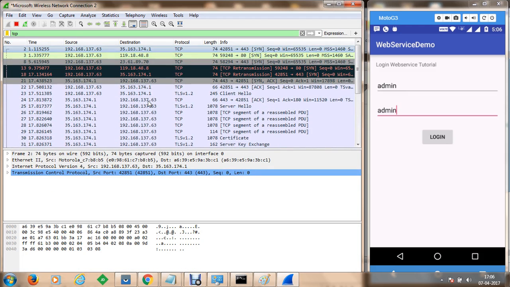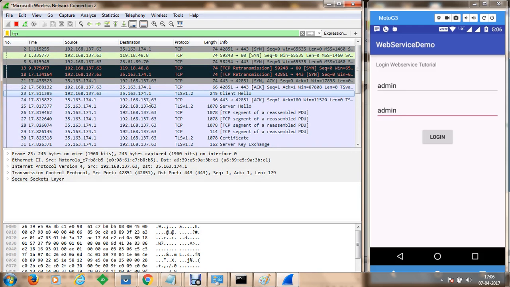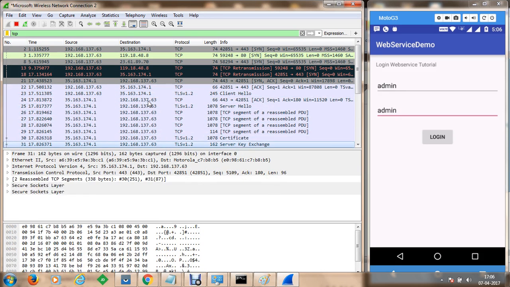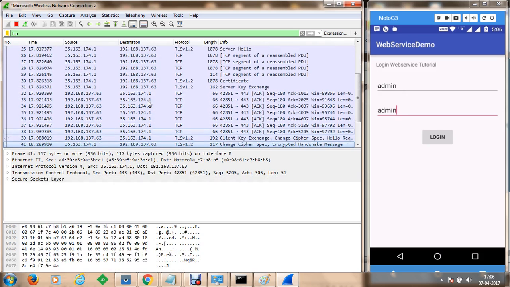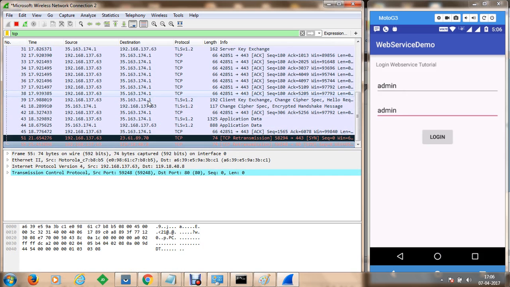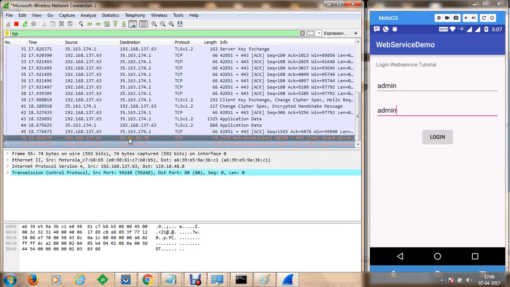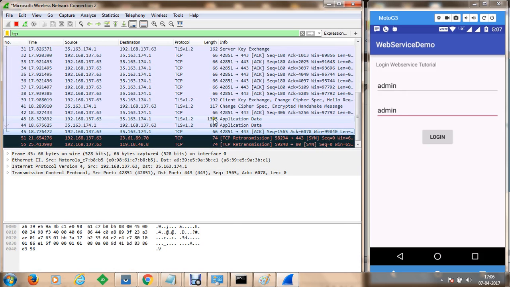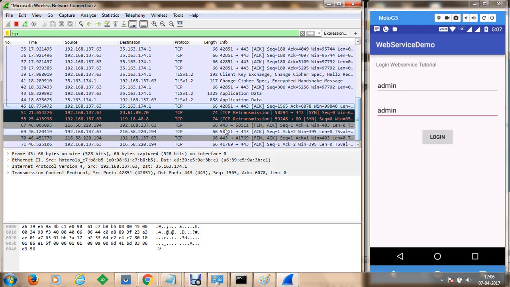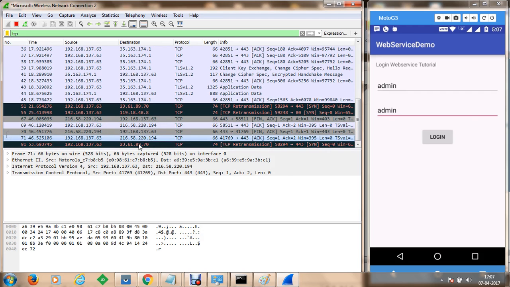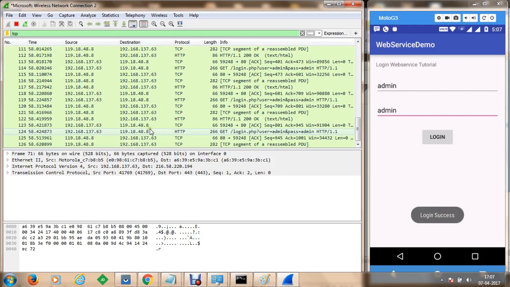So here you can see that there are multiple servers to which the messages have been sent from the mobile device, and some of these servers are Google servers as well. From these Google servers, whenever you install a new application or test a new application, the signature of those applications is sent to the Google server, and Google analyzes if your phone is infected with that app, or if there is any virus within that application. So all this analysis is being done through the packets here.